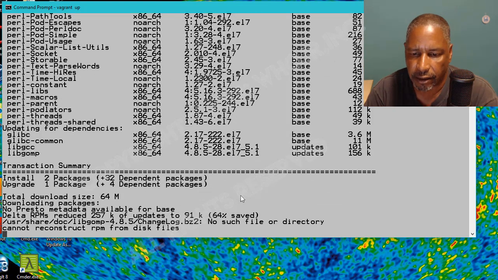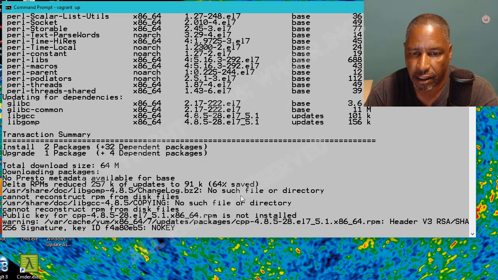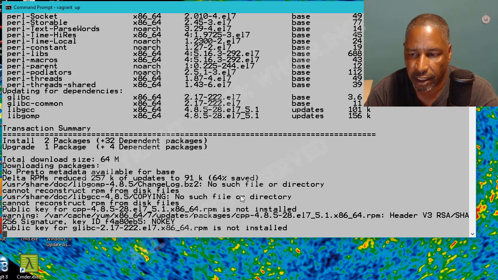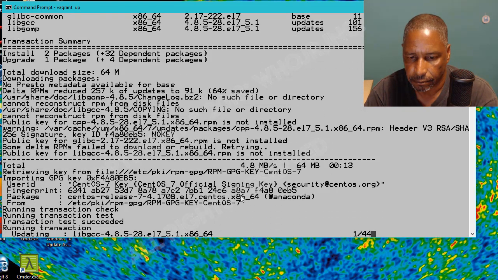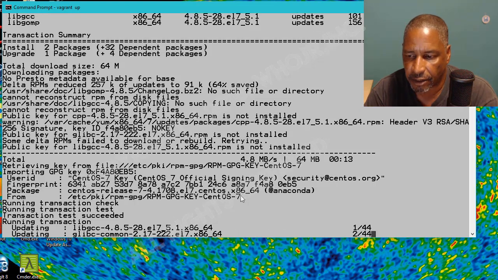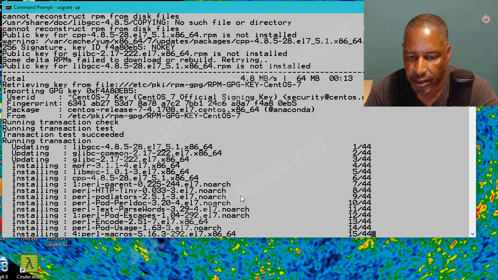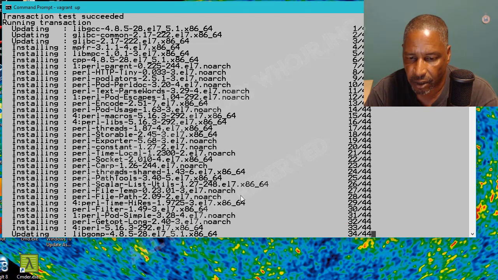Okay, at this point, the machine has been created, the operating system has been loaded, and what it's doing right now is updating the packages using the yum command. Yum is the package manager for CentOS. If you're not familiar with CentOS,